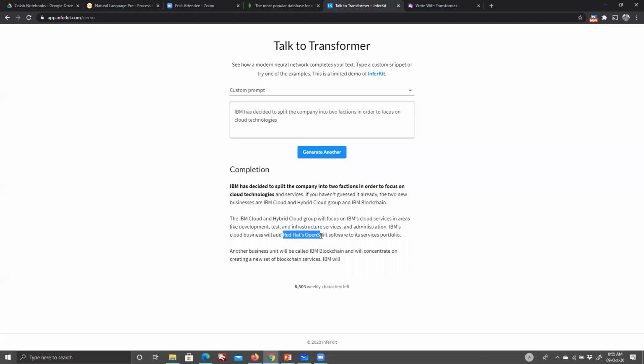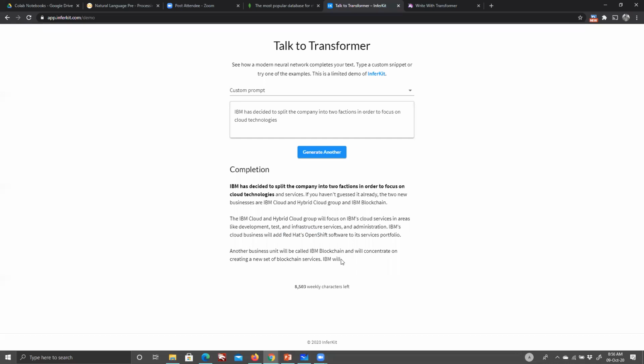Is this checking the news in any way? No. Its training has been done on millions and billions of different online news articles, which Google and these companies basically collect. So they are shown as much world data as possible while training. The idea is they are able to get a lot of historical context. So it is not clueless about IBM. Again, it doesn't really understand what IBM really is. It is just seeing a statistical pattern that these things usually come very close with IBM. So grammatically and sequencing-wise, it is very correct.